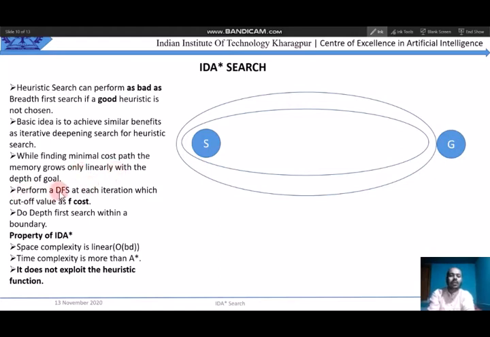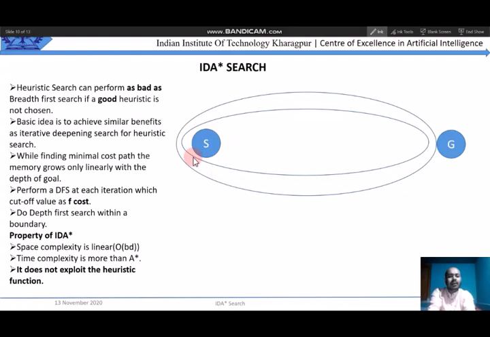So perform a DFS iteration with the cutoff value of F cost. So what is the problem with IDA star? The heuristic function was introduced to show that we can have a search space that is focused to the goal. But in IDA star, it is seen that